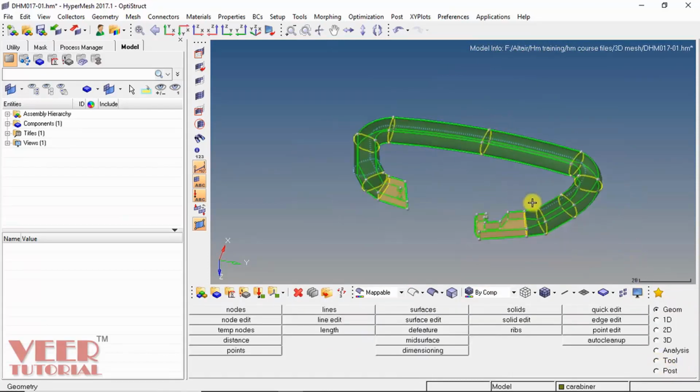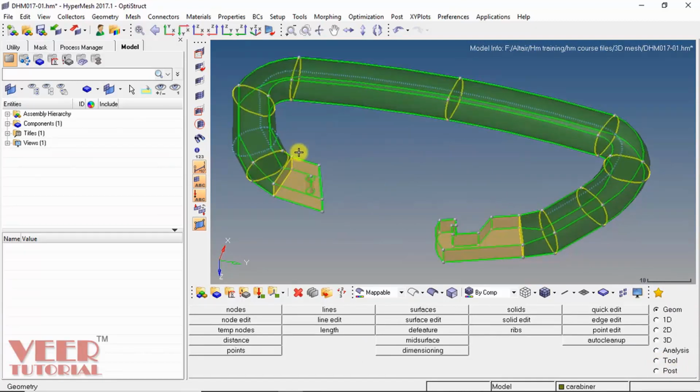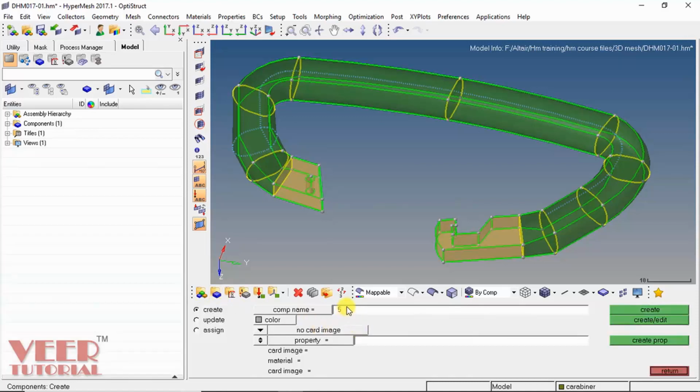So now in this geometry we can see we have a lot of components. So first of all, let us make some components. So I go to this component option and make some components. Give the name component 1, create, component 2, create.